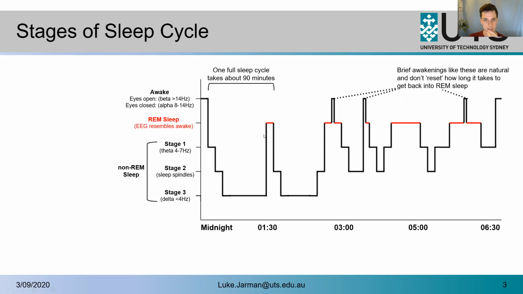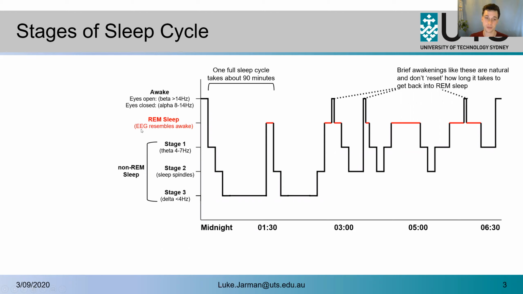At the end of that, you then move into REM, which is indicated by this red bar here. You can see this first stage of REM sleep doesn't come about until about 90 minutes after you first fall asleep. So it takes a while before you have your first REM period. As I mentioned, dreams mostly occur during REM. You can have some dreaming occur in non-REM, but it's not hugely common. Dreams mainly occur in REM, so if you wanted to study dreams, you would try to study people in REM sleep.